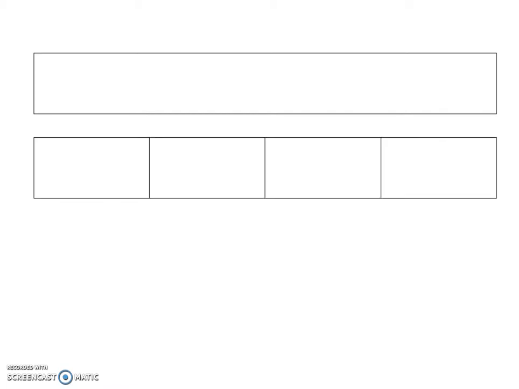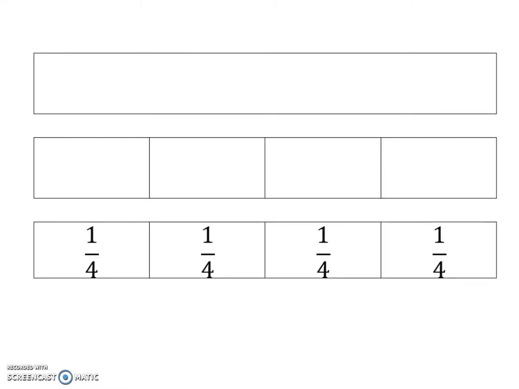Now the first thing to remember is a fraction is a part of the whole amount, and I can represent the whole amount as a bar. So this bar represents everything. And of course, if I'm looking at working out a fraction, I've chopped that everything into equal parts, and in this case I'm going to chop it into 4 equal parts. Now each of these parts represents a fraction of the whole, and as I've got 4 parts, my denominator is going to be 4 or quarters, and each one of those 4 parts is 1 over 4